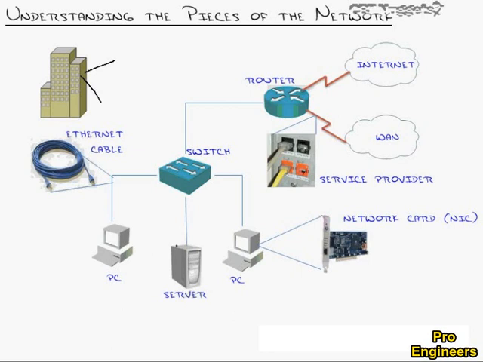Next to that, you see a server. And that's one of the goals of the network, is to allow these PCs to access the server, allow the PCs to access each other. Now, the PCs and the servers connect into the network using a network interface card. If you actually flip the computer around, you'll find a network interface card. A lot of people call it a NIC that is shoved in the back there, and that could be a wired connection. Most of the time, at least in today's world, it is where you have a wired Ethernet cable that you will run from that PC into a switch.